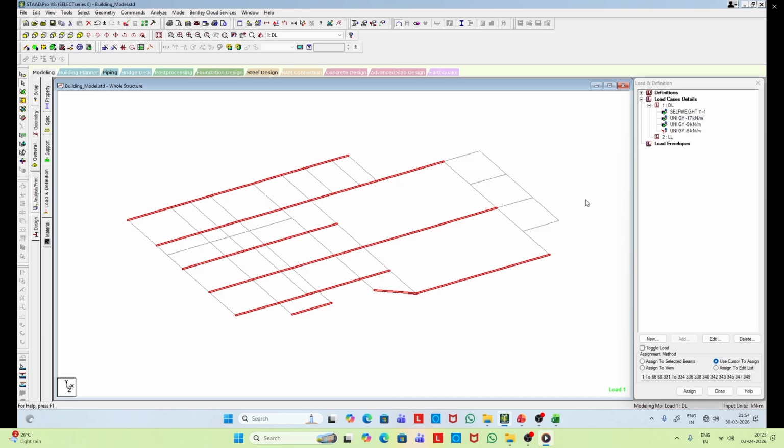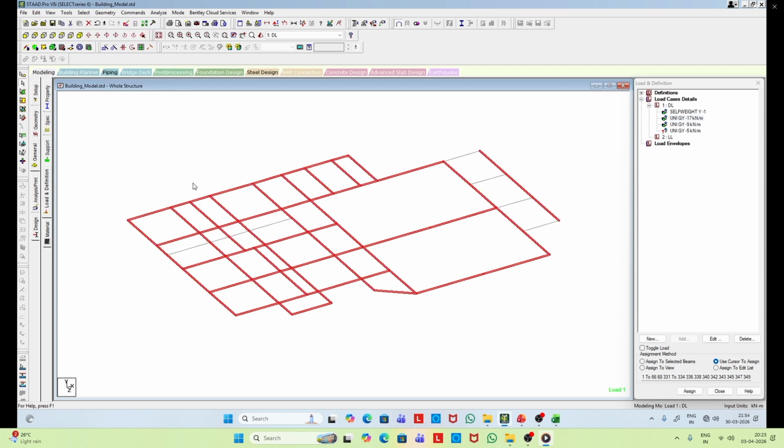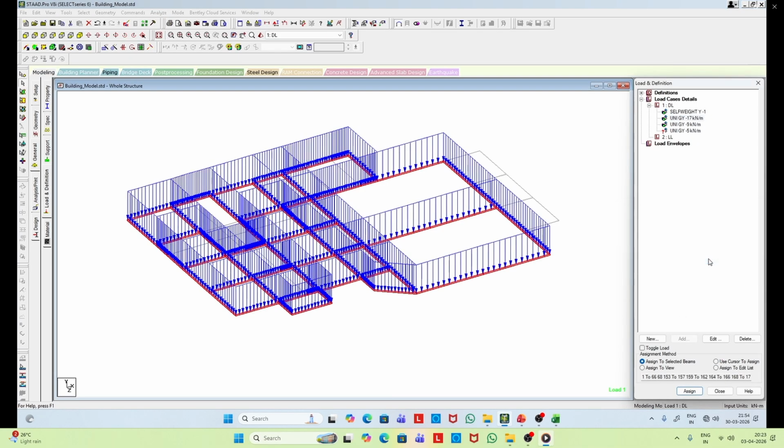At the first floor level, these beams do not have any load there because that section stops at the first story level. So let us assign the load. Now it is applied.